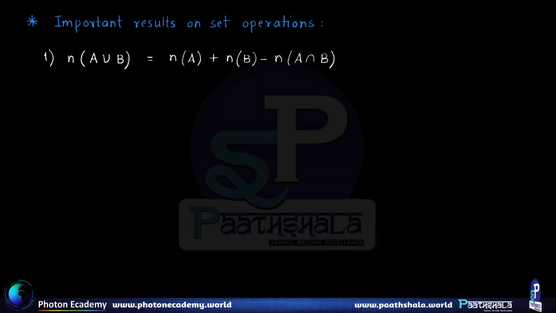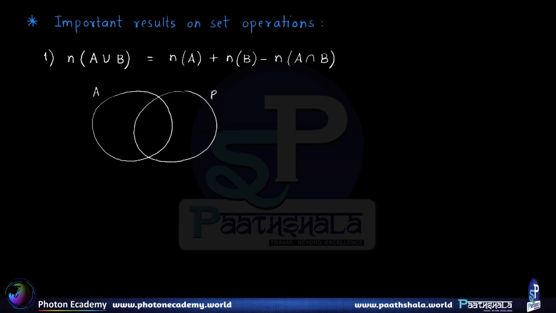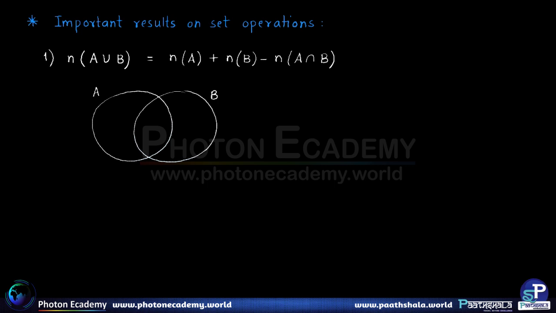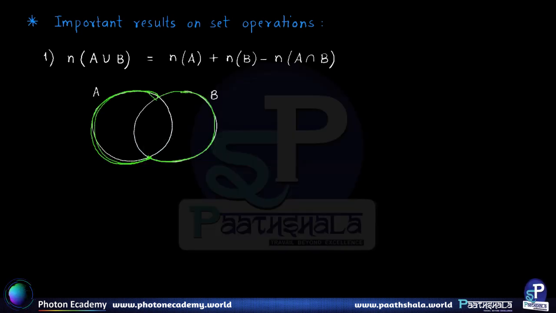Right. Now let's ask the question, from where does this come? Suppose you consider set A and set B. Since we don't have complement, there is no need to take the universal set here, we just want to do the union. When I say I want to count the total number of elements in the union region, the union region is the outer boundary I am highlighting in green.